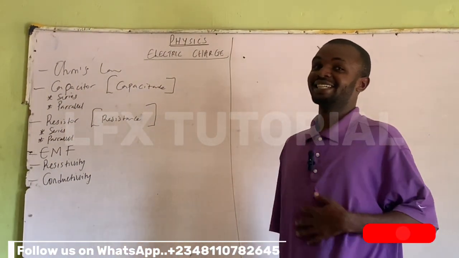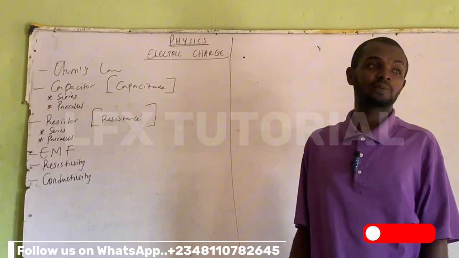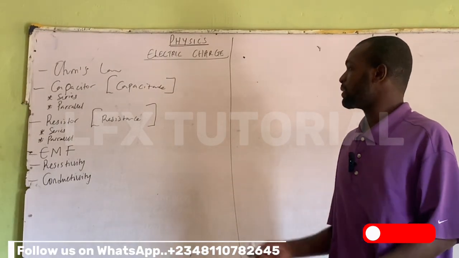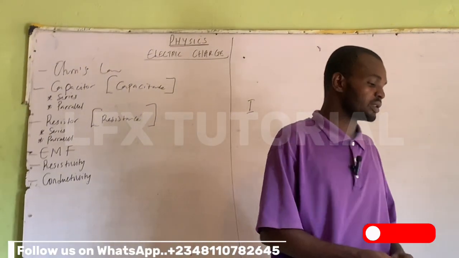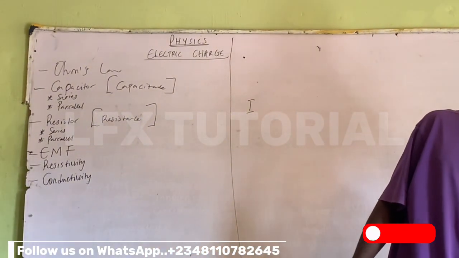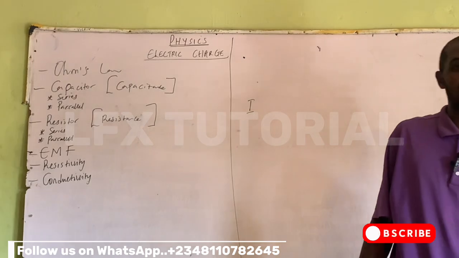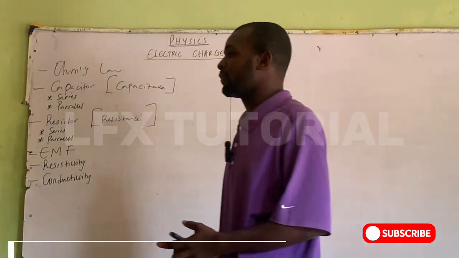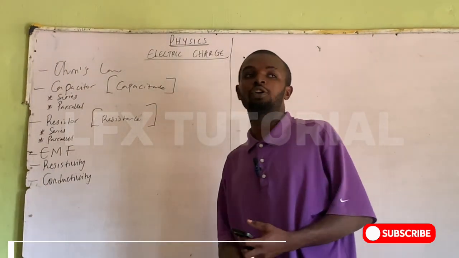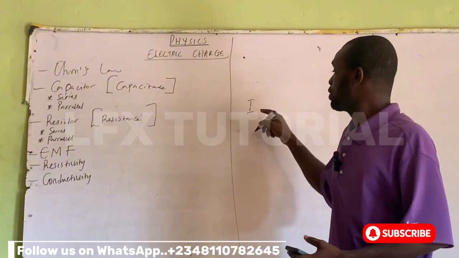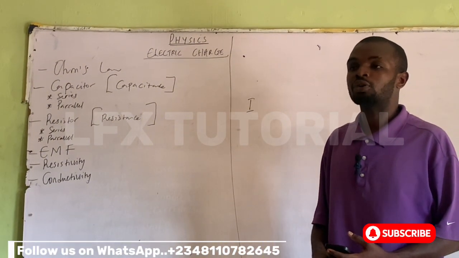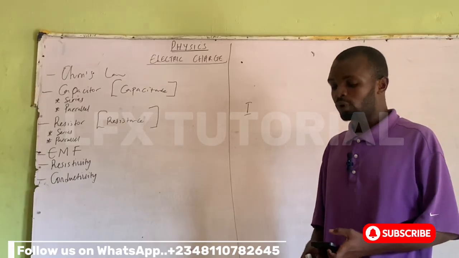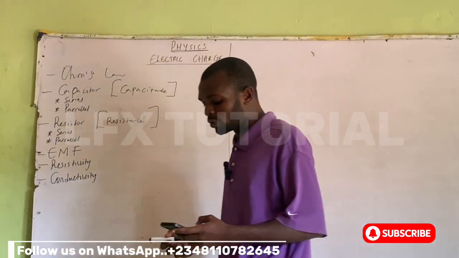Ohm's law. Ohm's law states that the current I on the board, the current, comma, I, flowing through a metallic conductor